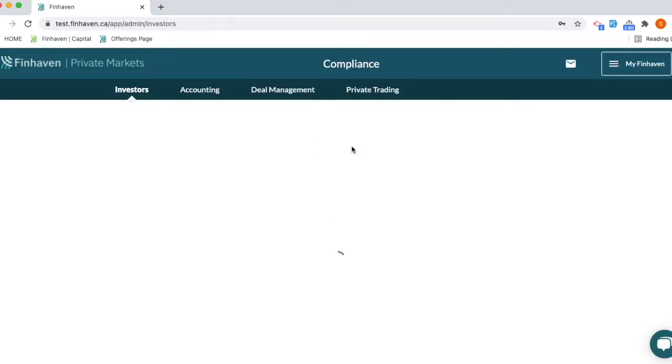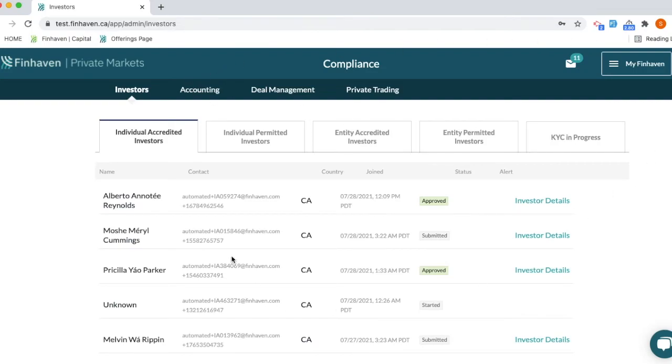Okay, here's the compliance dashboard. I'll go through the compliance dashboard and other admins' dashboards in another video, but in here we'll focus only on investor stuff. We have four investor types: individual, entity, but as I said earlier, both of them can be accredited and permitted. The only important thing to remember is that an investor gets into one of the categories only after KYC